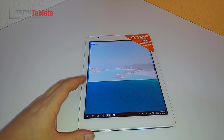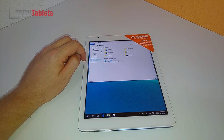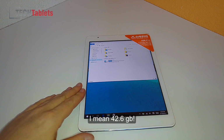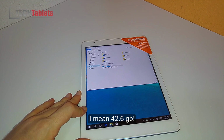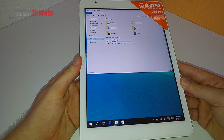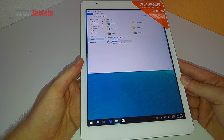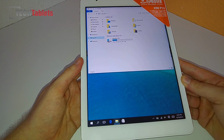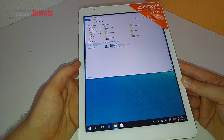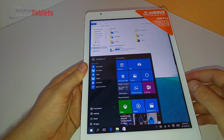So free space, of course I did a fresh install here, and the free space that it's giving me is 4.26 gigabytes of the 64. So you do lose a bit. And no doubt when you do actually buy the international version that has the recovery partition and everything, you might have a little bit more free space, maybe a little less, depending on how the setup is of that. So the cameras, everything is all working,